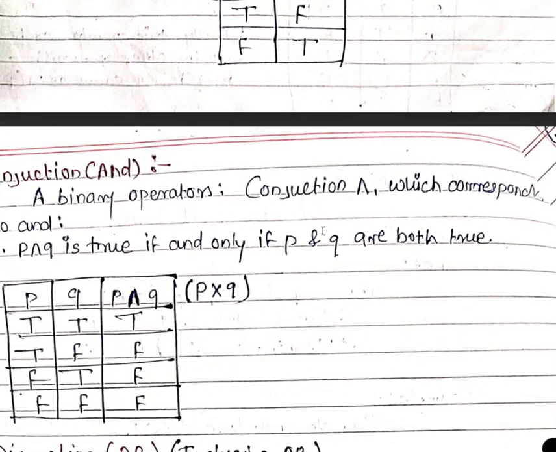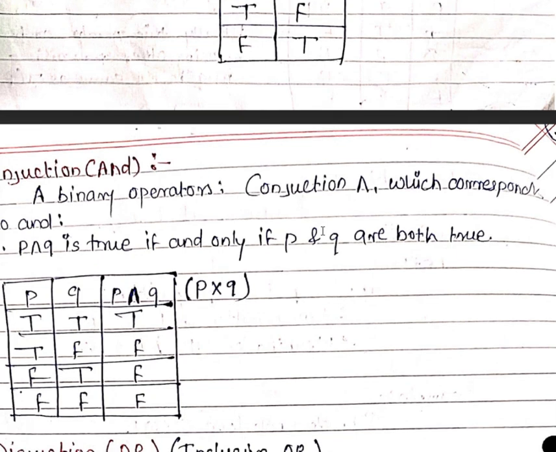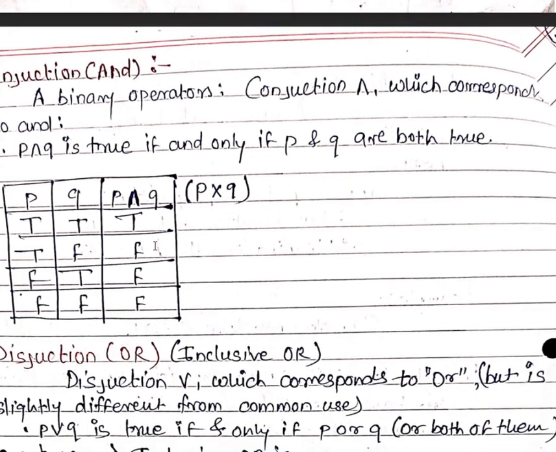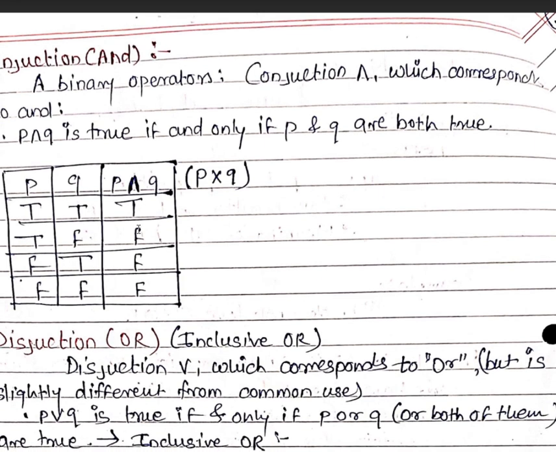The next type is conjunction, the AND operator. This is a binary operator. It is represented by an upside down V symbol, which corresponds to AND. P and Q is true if and only if P and Q are both true. It means if the statement P and the statement Q both have the value true, then and only then the output will be true, or else the output will be false, as can be seen in the truth table. Where P is true and Q is true, the output of P and Q is true. But in the second condition, P is true but Q is false, so we get the output as false,